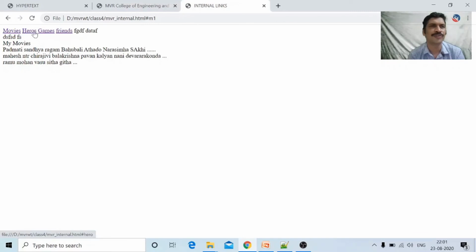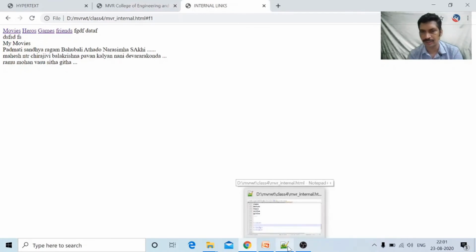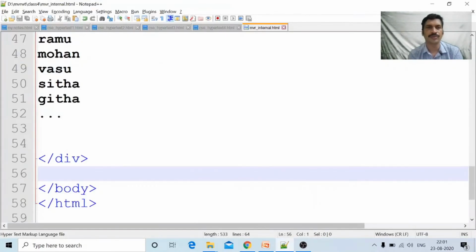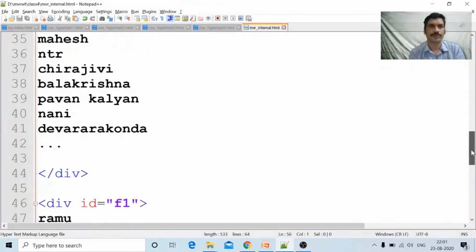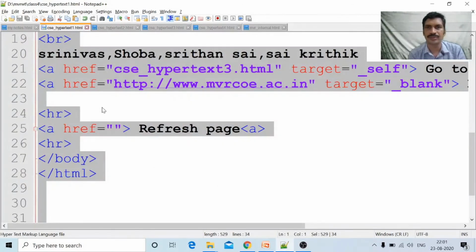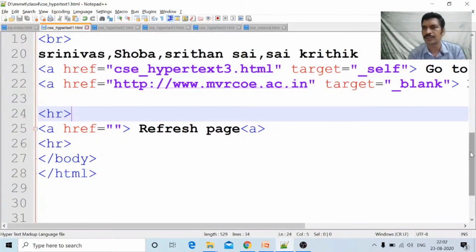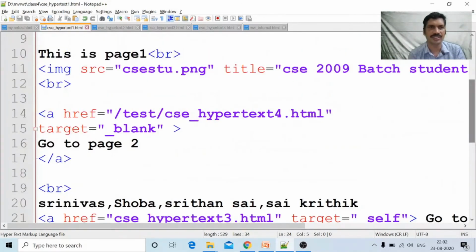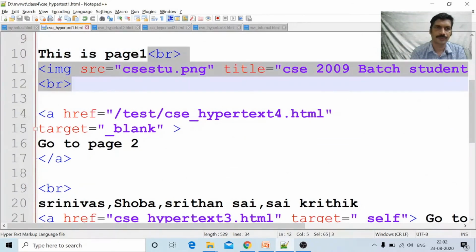We are unable to differentiate where the control is going. Just wait one second. We will insert some data in between them. This one we will see. I am inserting some images. Between these, an image tag, break. Control C.